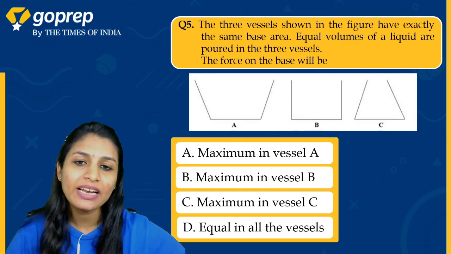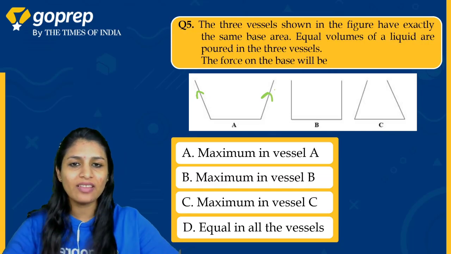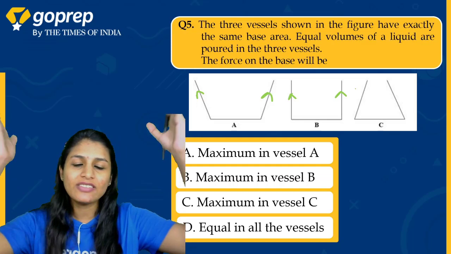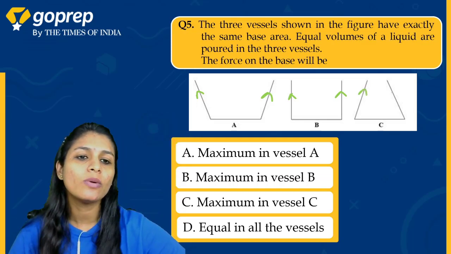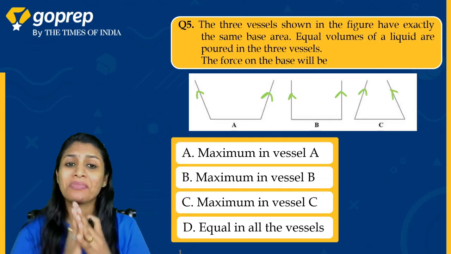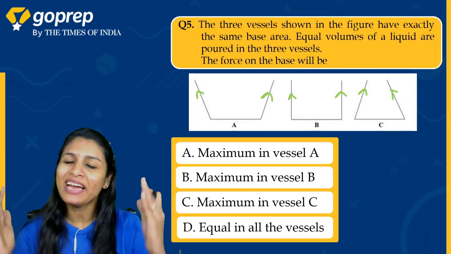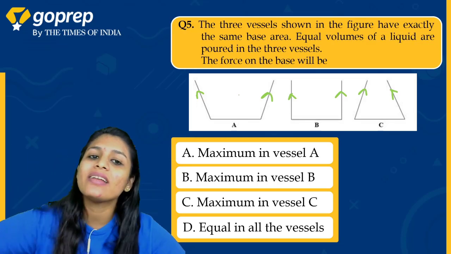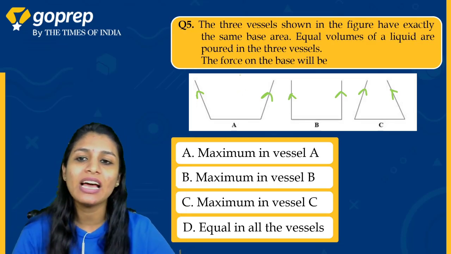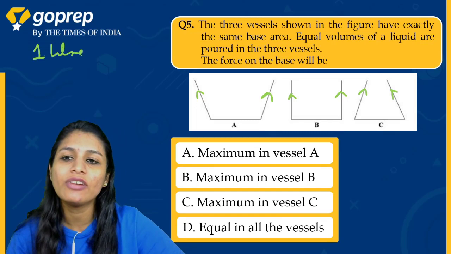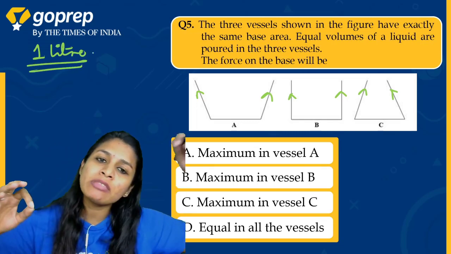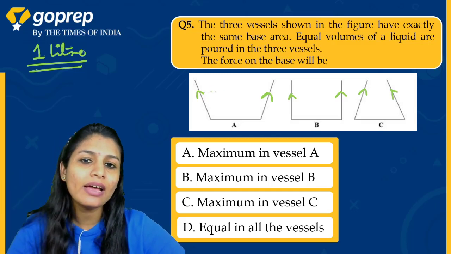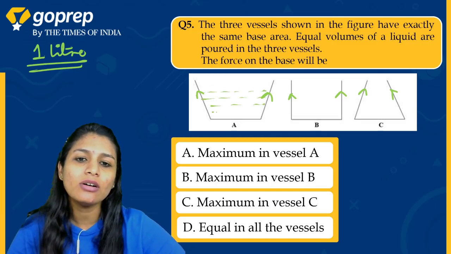लेकिन एट द सेम टाइम आप देख रहे हैं इसकी वॉल्स ब्रॉड होती जा रही है, ऐसे फैल रही है। इसकी वॉल स्ट्रेट है, जैसी नीचे थी वैसी ऊपर है, और इसकी टुवर्ड्स द सेंटर बीच में आती जा रही है। इसका कहने का क्या मतलब है बेटा, A वाले फिगर में अगर वॉल्स ब्रॉड हो रही हैं तो स्पेस बढ़ रहा है ना। इक्वल वॉल्यूम ऑफ लिक्विड डाला, मैं मान लेती हूँ मेरे पास 1 लीटर ऑफ लिक्विड था और 1 लीटर मैंने तीनों में डाला, तो इसकी वॉल्स ब्रॉड हो रही हैं तो स्पेस ज्यादा हो रहा है।